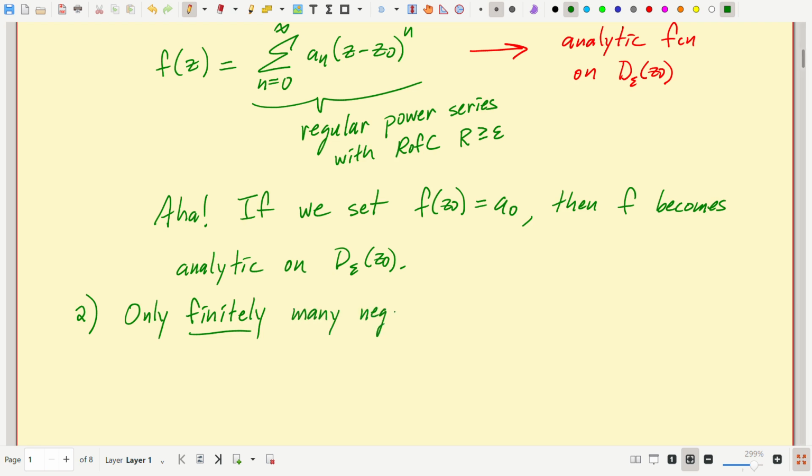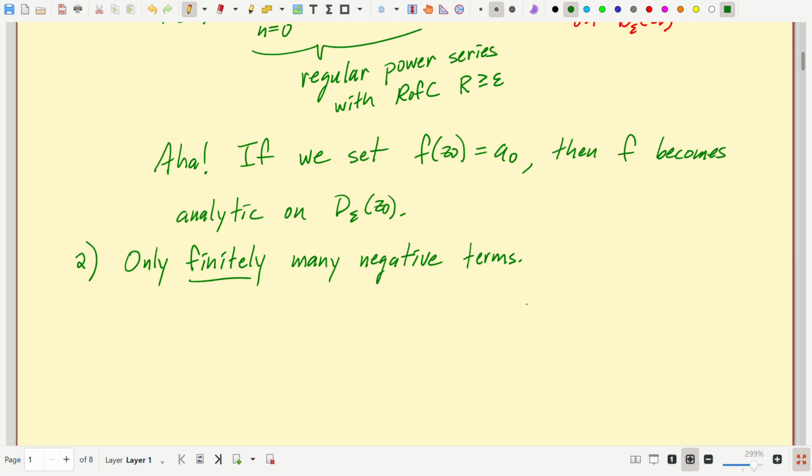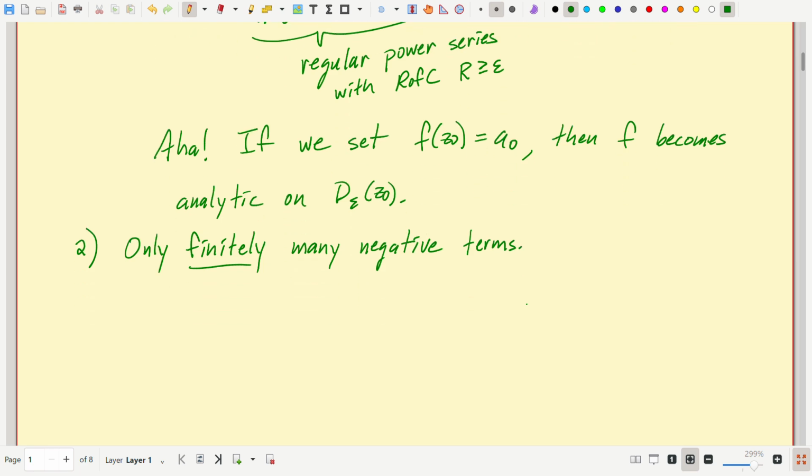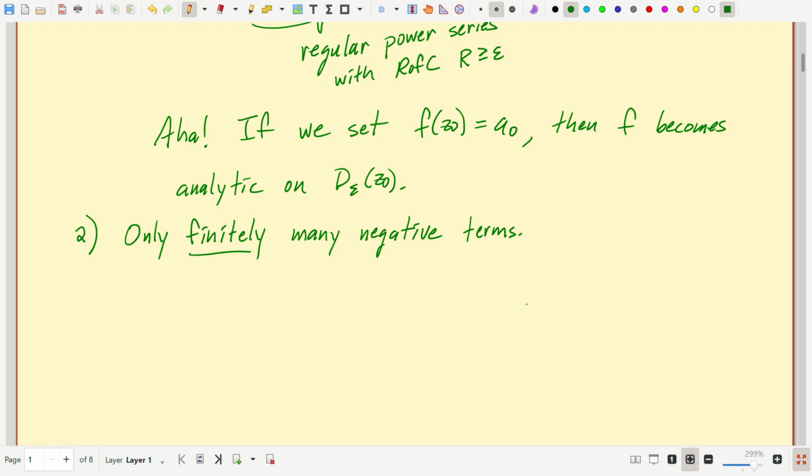I didn't want to start that just yet. I wanted to make a couple remarks about removable singularities